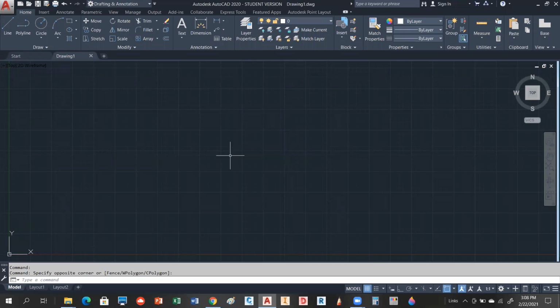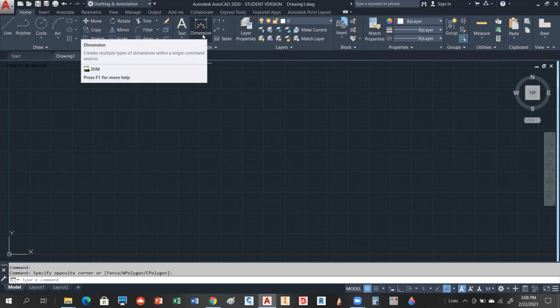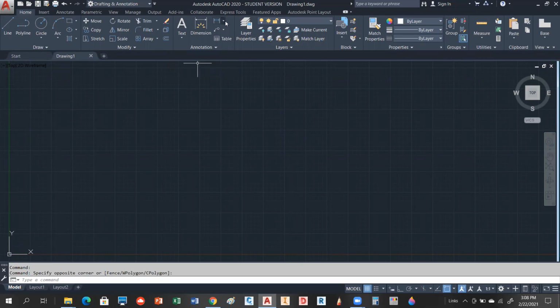And the commands we're going to be looking at all would reside primarily under one of two areas. If you're at the Home tab, you'll see this panel marked Annotation, and it has two broad areas there, text and then dimensioning. And actually there's more than dimensioning. That's a quick dimension, and this is a dimension creation. This is your multi-leader, and these are what are called tables. We're not going to deal with any of that, but under text, which we're going to take a look at